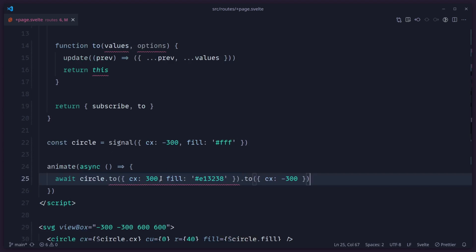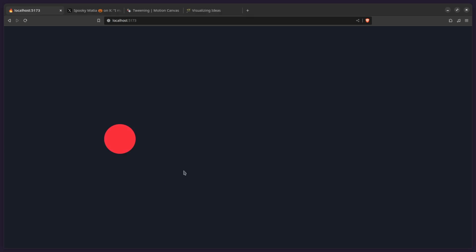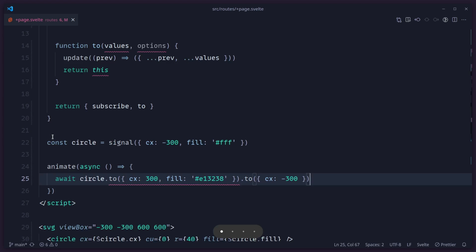If you see, we can't really chain this. If we go here, nothing happens. Even if we refresh it, let's check our console for errors. Really, nothing happens. Well, basically, we're returning a promise. So we need to somehow figure out how to chain promises. And to make things worse, I really don't want to execute this animation immediately. I want some animation queue or sequence to push this animation into. And then when we push all of the animations, then I want to play them.